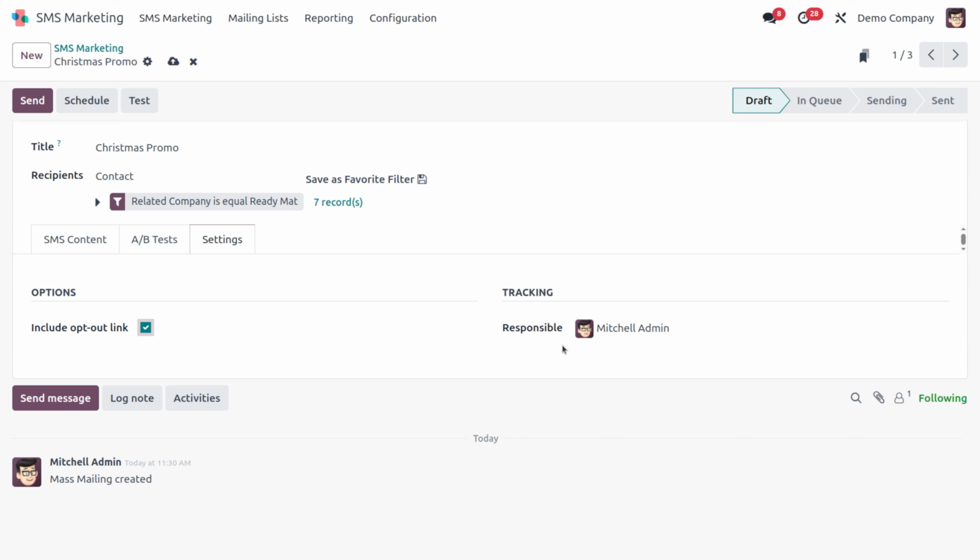And next is responsible. Here you can see Odoo has by default added Mitchell Admin as the responsible person. While we click here, you can add any person from the list, or you can create your salesperson here and add your salesperson as the responsible person.